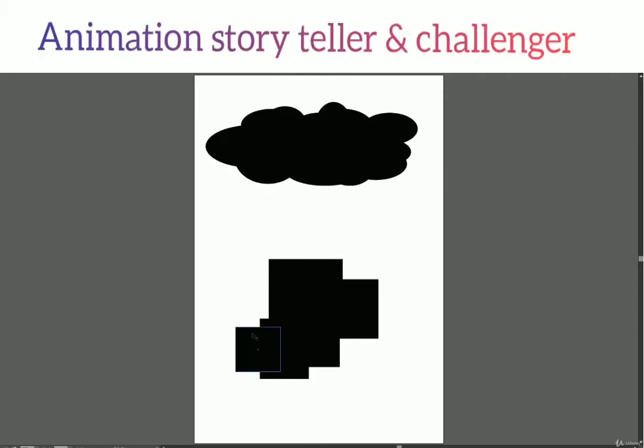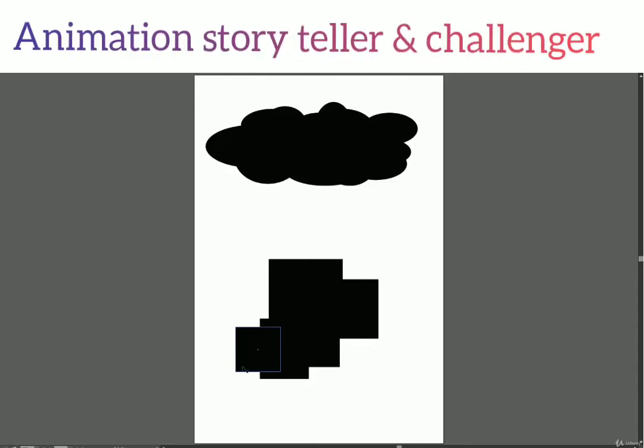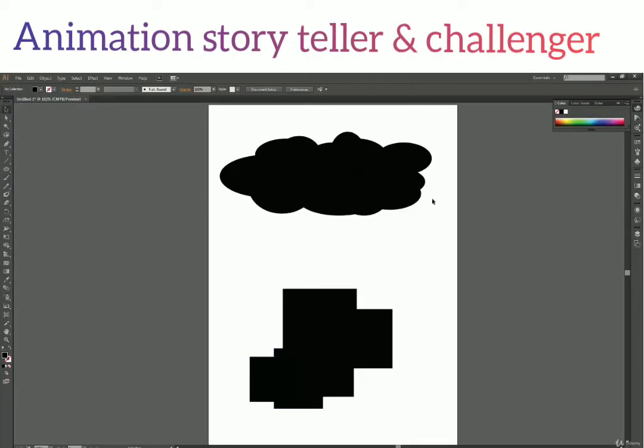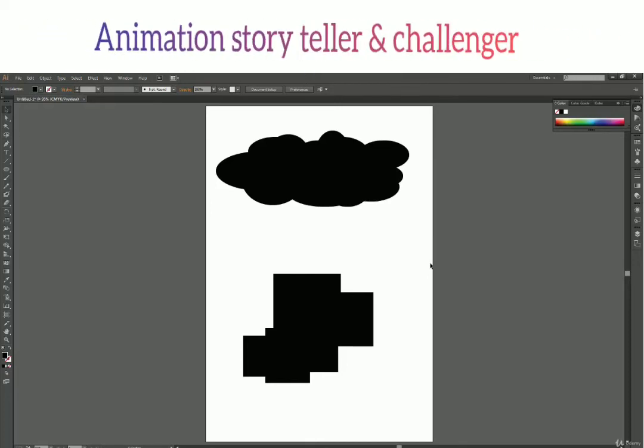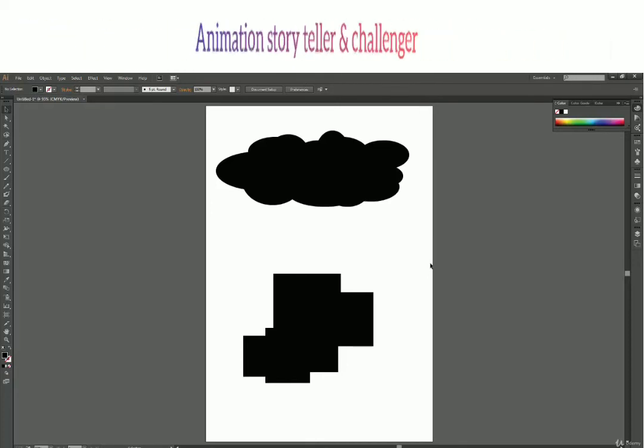And when you again start working, you can press F to switch back to normal screen mode, Control 0 to fit to screen, and again start working over here. So F actually cycles between screen modes. Every time you press F, it selects the next screen mode, and then the next, and then again the first one, then the second one, and then the third one.